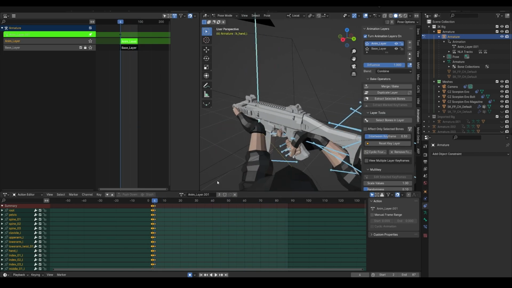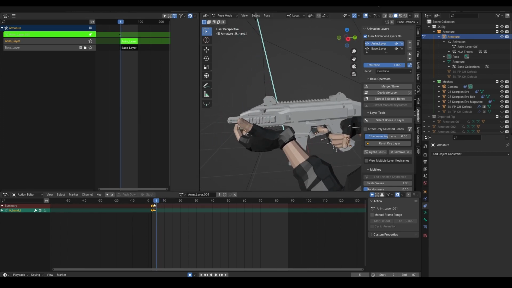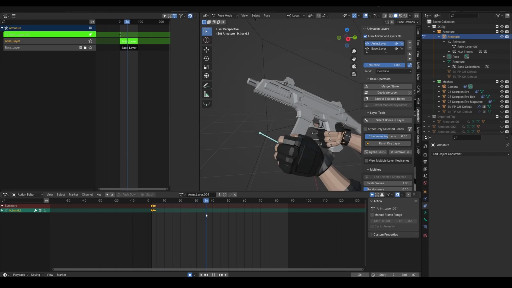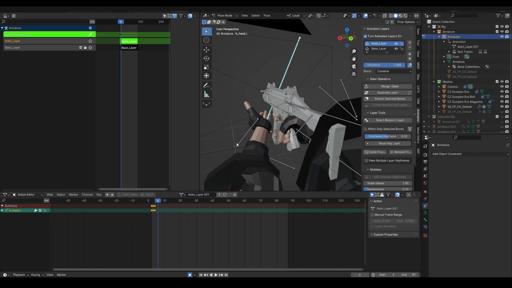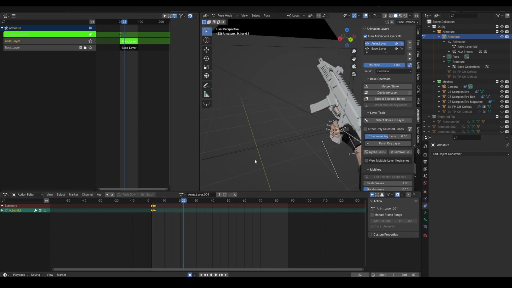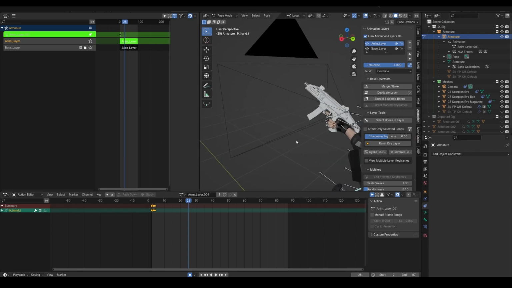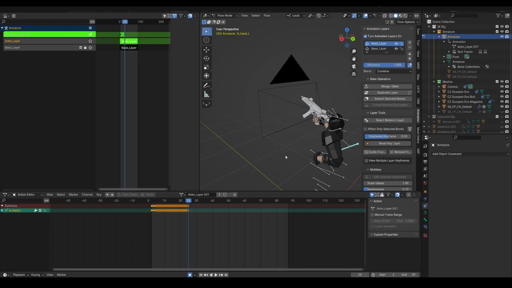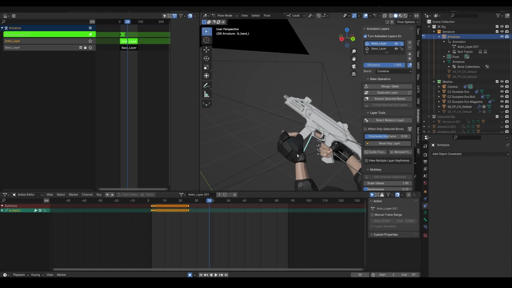So how do we do that exactly? All this animation is going to be pretty simple. All we have to do is modify where he inserts the mag. So let's do that. From this keyframe to this keyframe, I'm going to say about keyframe 25, we'll insert a new keyframe. And then as he comes back, we're going to find the frame in which the mag gets inserted fully. So here,